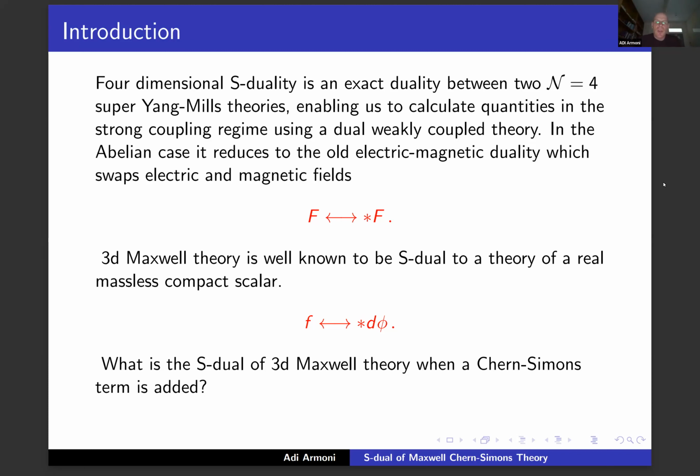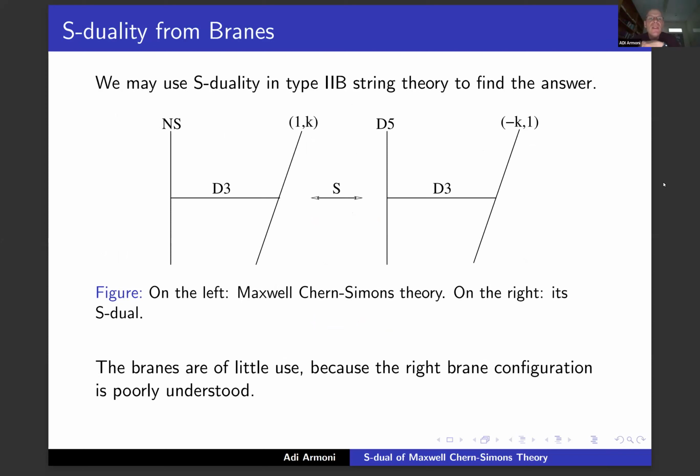Good, so everything works. But then what happens if we add to Maxwell theory a Chern-Simons term? So what is the S-dual in that case? Now we may naively use S-duality in type IIB string theory to find the answer. So on the left side, we have the electric theory, which is nothing but a D3 brane suspended between an NS5 and a (1,k) 5-brane, the theory that lives on,